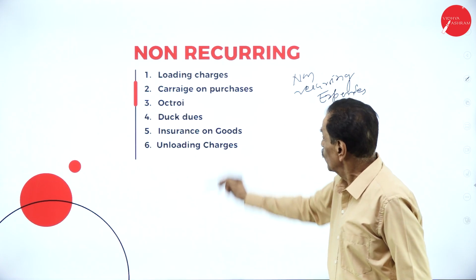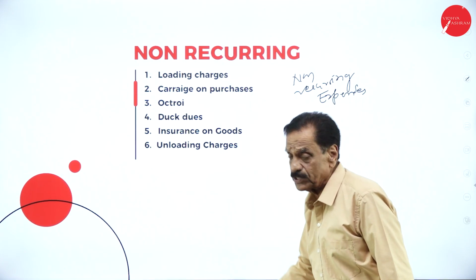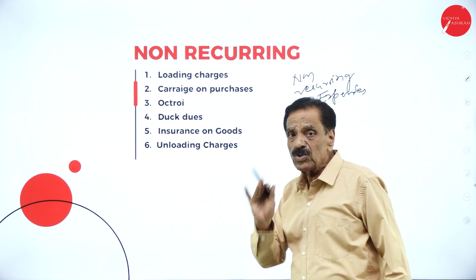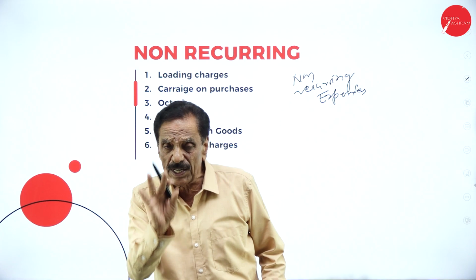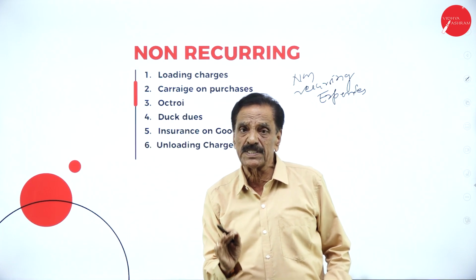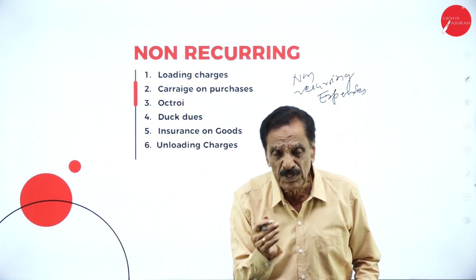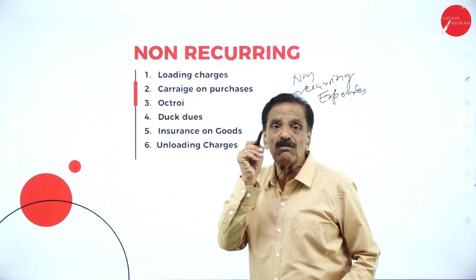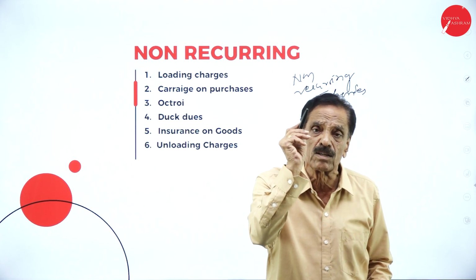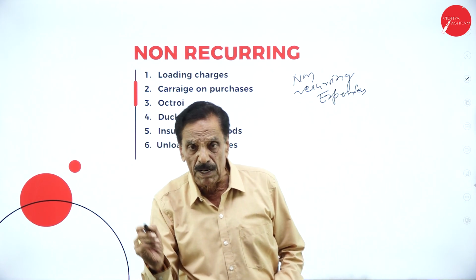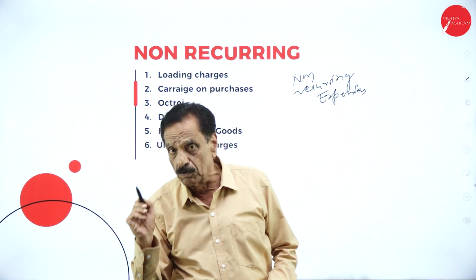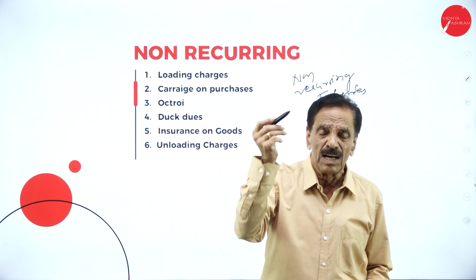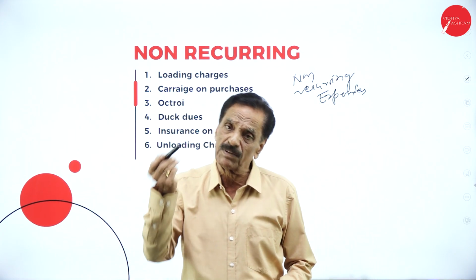Non-recurring expenses are loading charges, carriage on purchase, octroi, dock dues, insurance on goods, unloading charges. These should be considered. Don't take direct expenditure into consideration, like advertisement, sales expenses, other expenses. These expenses should not be considered in the valuation of abnormal loss and closing stock. In the valuation of abnormal loss, only consignor expenses should be considered. While valuing the closing stock, we have to consider the indirect expenses of the consignor